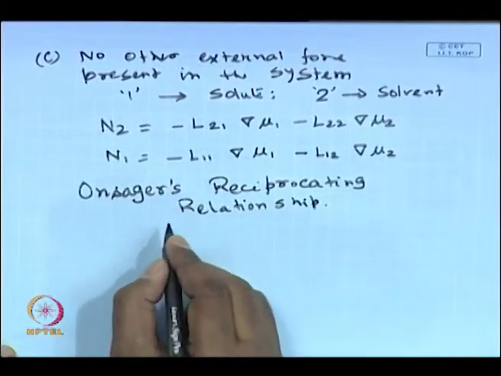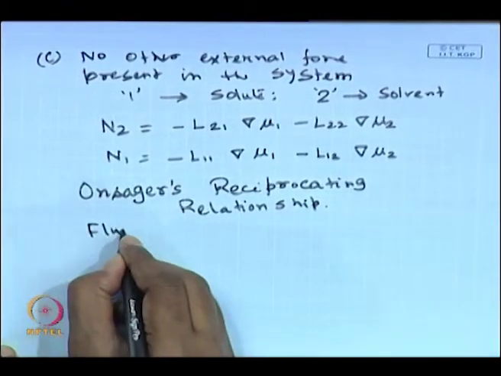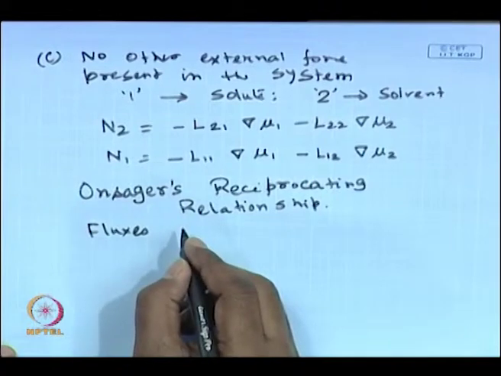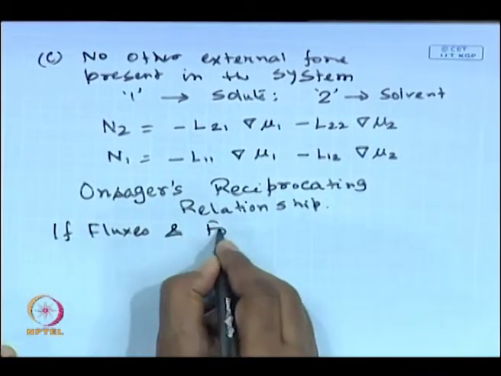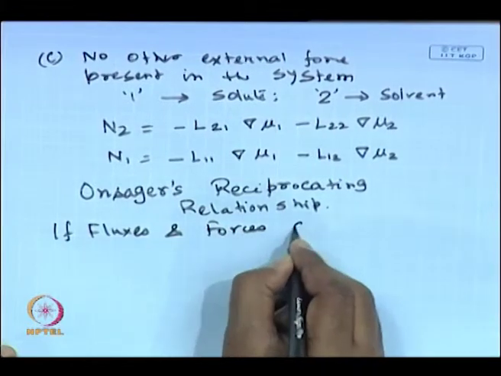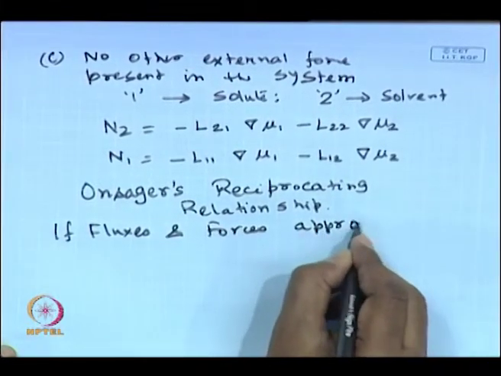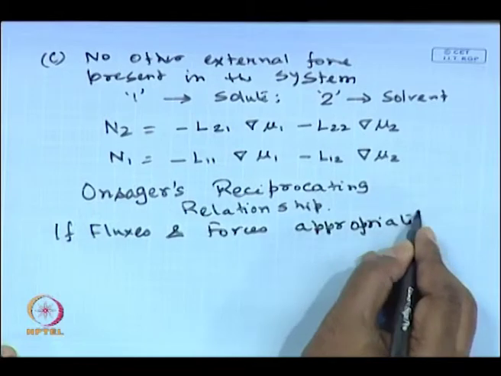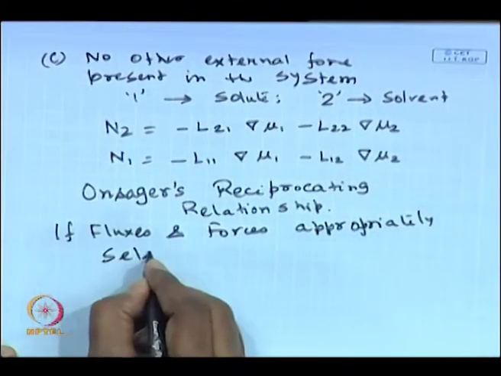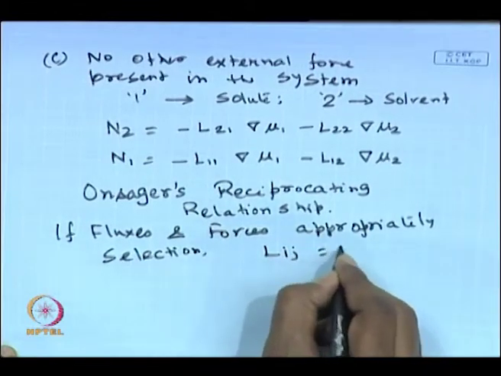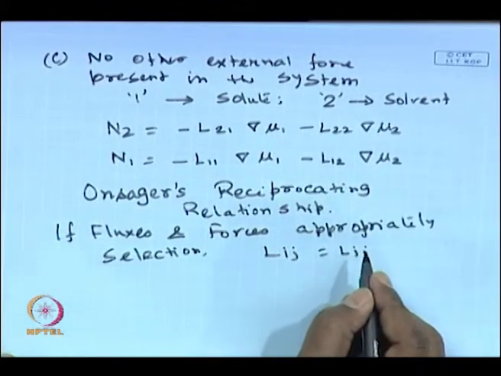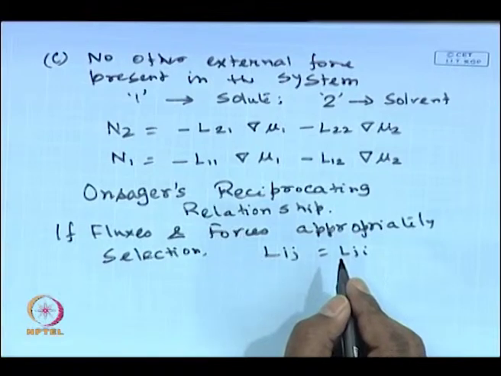This says that if fluxes and forces are appropriately selected, that means for proper selection of the flux and force, Lij is equal to Lji, that means cross coefficients are equal, and we assume that